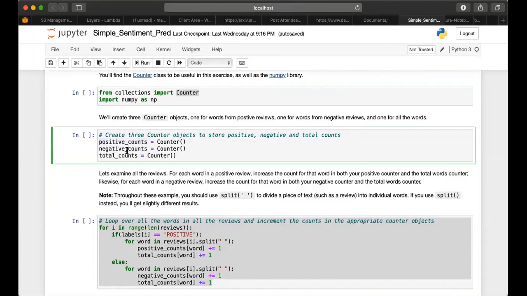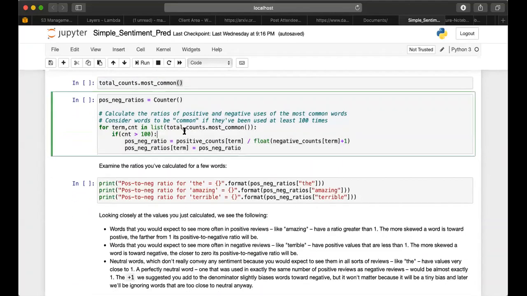But you get a sense of how positive a word is based on the ratio of the positive count of that word to its frequency in the negative dictionary, right? Let me repeat myself. And that's basically what we are trying to do here.